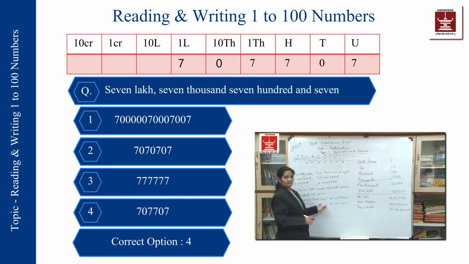So now compare them. First, as we said, we'll start with the units place. I have 7 in units place. Yes, in all 4 options, I do have 7 in units place. So I cannot discard. But the moment I see this option, I'll say that this is not the correct answer, because I don't have so many digits. When I say 7 lakhs, how many digits? It has to be a 6-digit number. So compare. This is a 6-digit number. This is a 6-digit number. And this is a 7-digit number. So again, I discard this also.